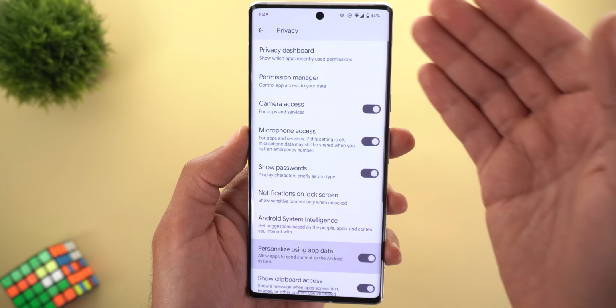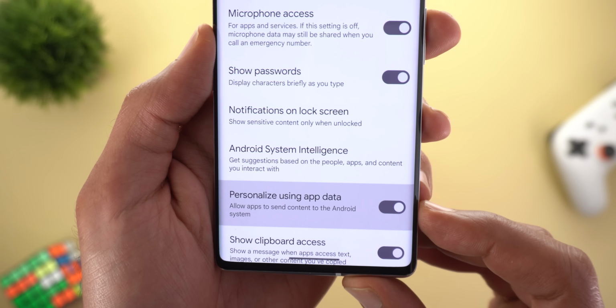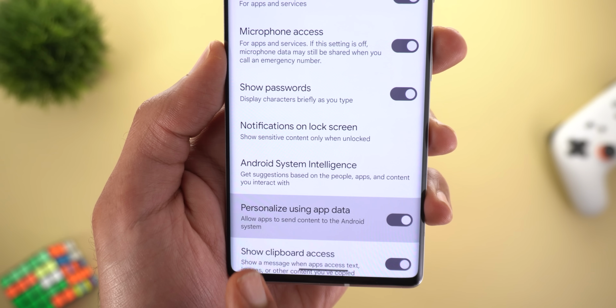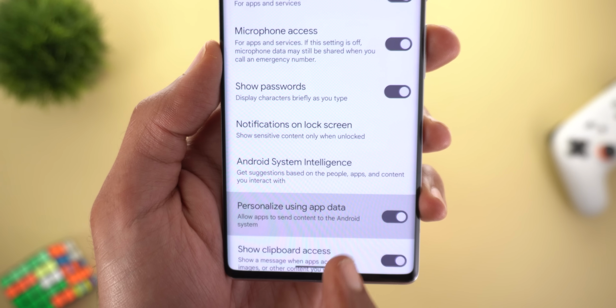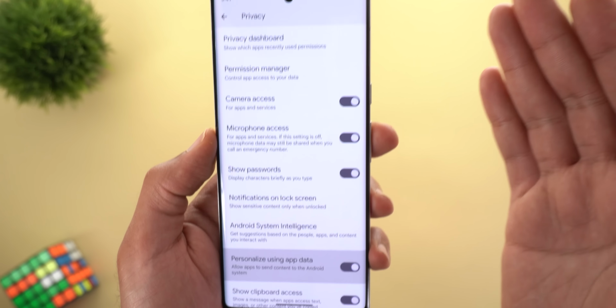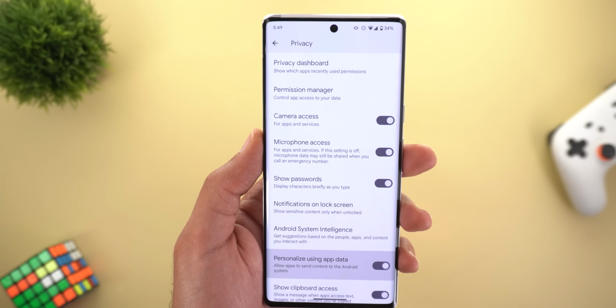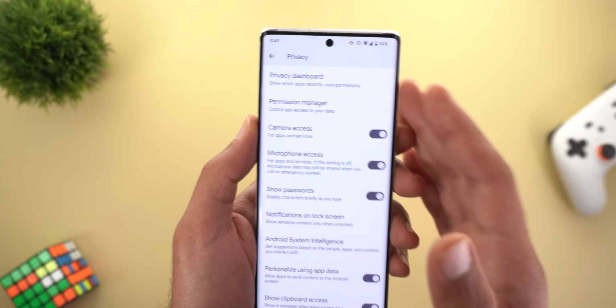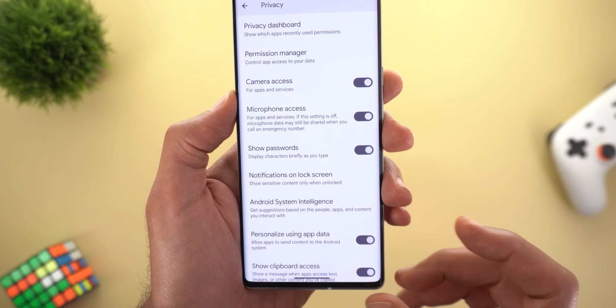And when you tap on it, it will take you to the privacy settings to a toggle called Personalize Using App Data, and the description says allow apps to send content to the Android system. So if you don't want your apps to send data to your At a Glance widget, you can turn off this feature. I'm not sure what kind of data it means here, but this is something you can turn off